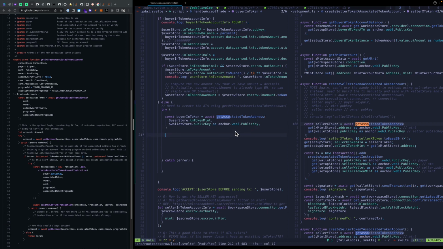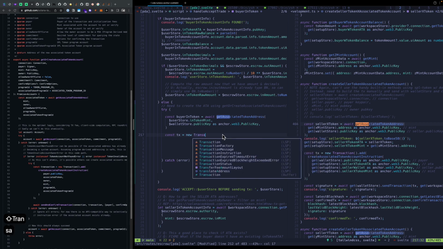So it's the exact same kind of thing, where const tx equals new, just following what they have here. So new transaction,